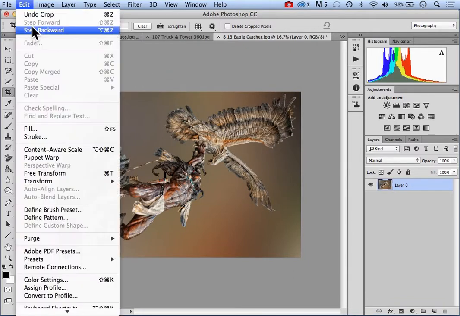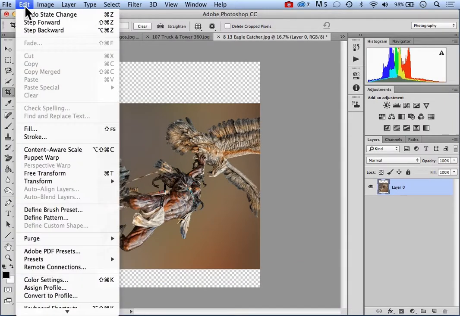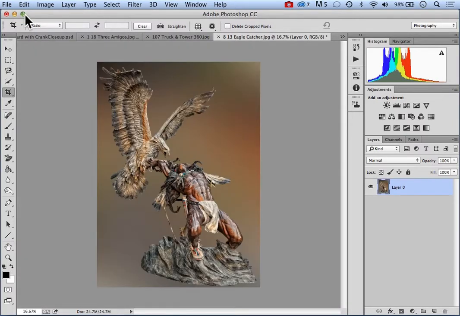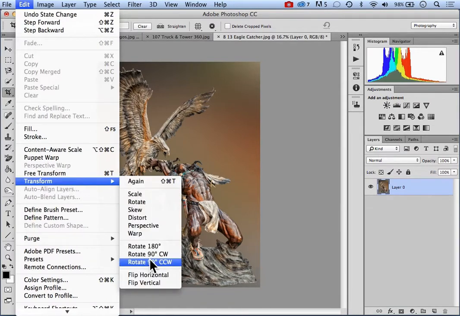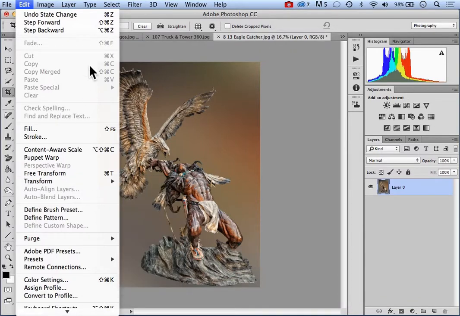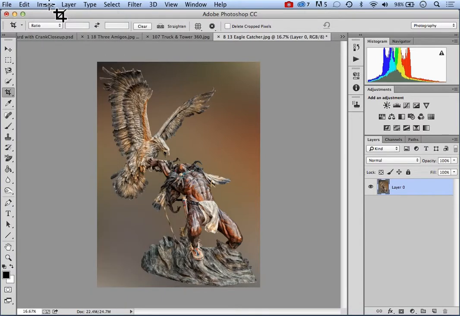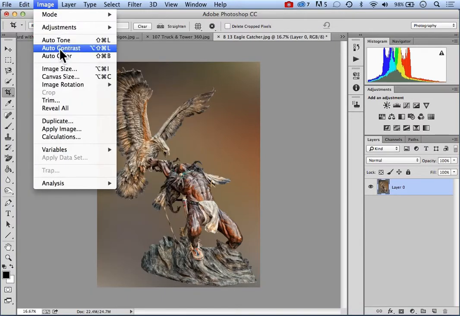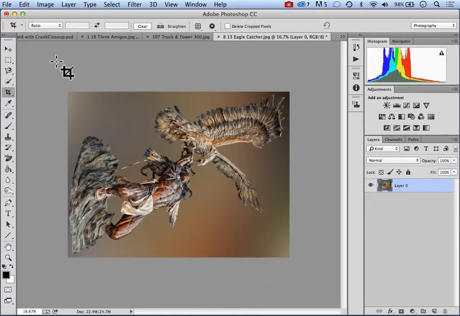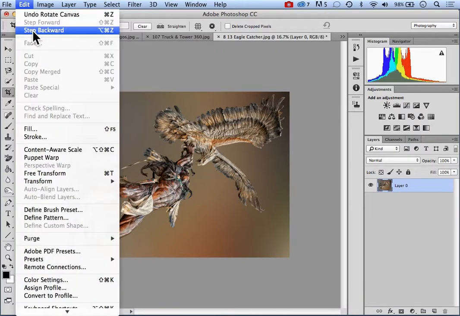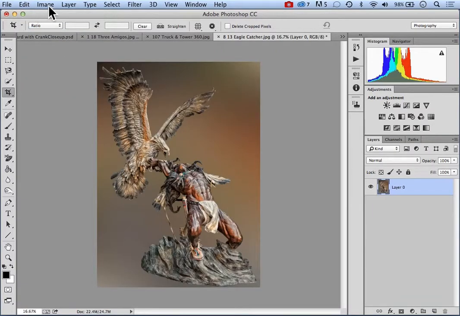I'm going to undo this. And I want to remind you where we did that. It was Transform and Rotate 90 degrees. I'll show you another way to do it where we don't have that problem. Come over to the Image menu, Image Rotation, 90 degrees, it just does the whole image. Okay. Since we're here,